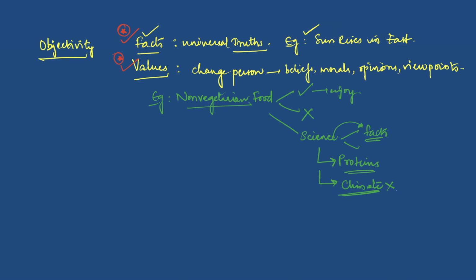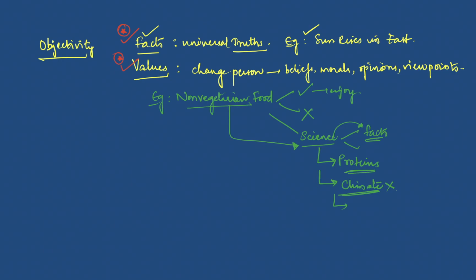And what is the reason for this? The reason is that when you're killing animals, a lot of carbon footprint is released into the environment. So for that very reason, they say that non-vegetarian food is not good. But on the other hand, science also recommends proteins as a building block of the body. It builds your muscles and gives you a lot of good things in your body. For that, vegetarian food is what science tells.